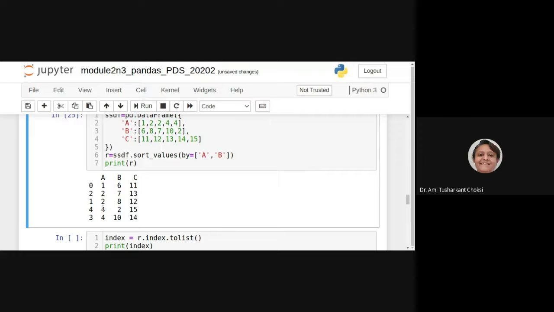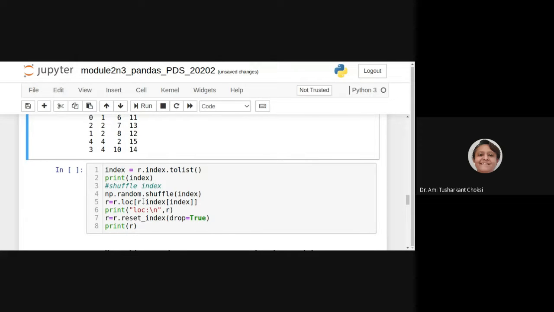Fine. What about the next one? That is 4 and 4. For that, the values of the B column are 10 and 2, so it is getting sorted: 2 comes first and then 10. According to that, whatever the value of our C column is, that is also being shuffled, or actually you can say it is not shuffled, but going up and down according to the sorting, right?